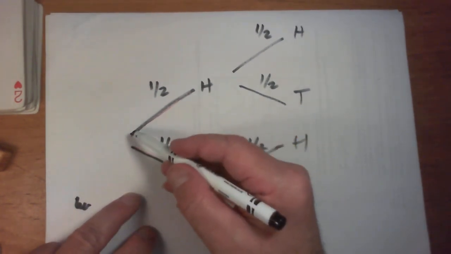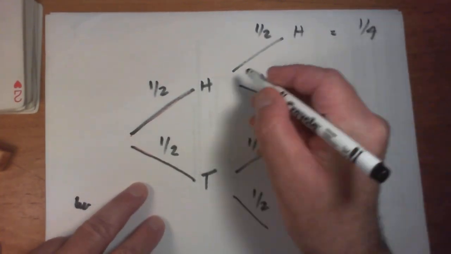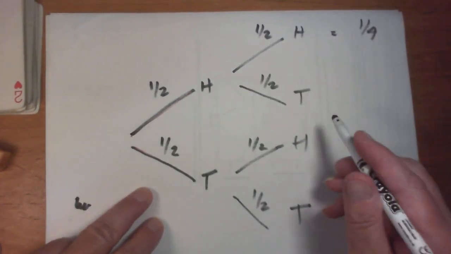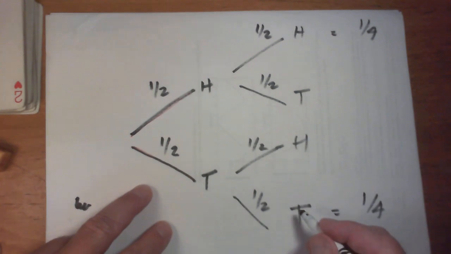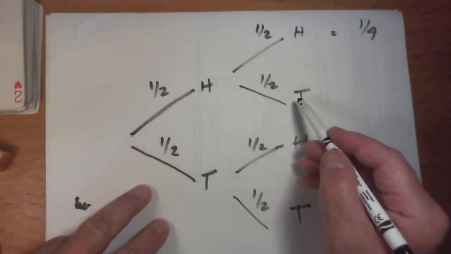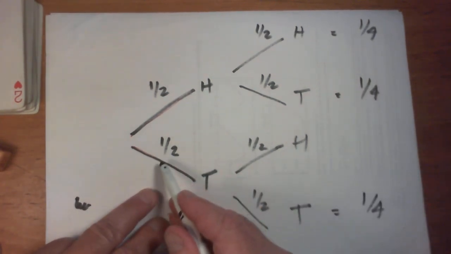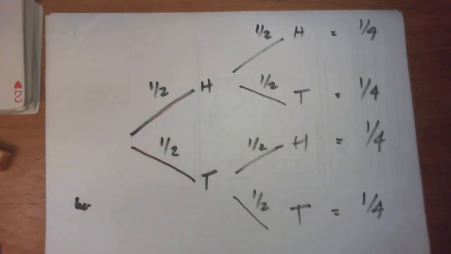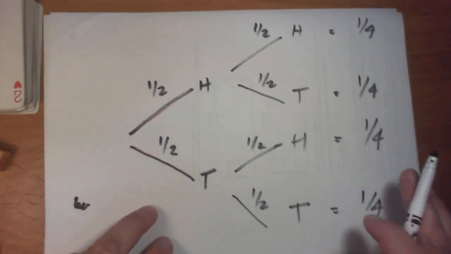Now what I do is I multiply across each branch, so that gives me a quarter. That corresponds to probability of a head and head, so that's a quarter as we've already calculated. I said it was symmetric, so that'll be a quarter as well, the probability of getting 2 tails. Now the probability of getting a head first and then a tail is a quarter, and the probability of getting a tail first and then a head is a quarter as well. So that's not too surprising that you've got 4 possible scenarios and the probability of each is a quarter. I need to do a full check here to check that all these scenarios do add up to 1 as well. Okay, that's quite important